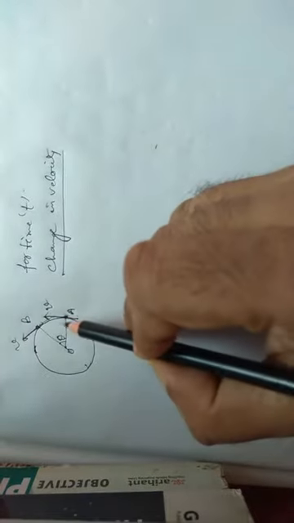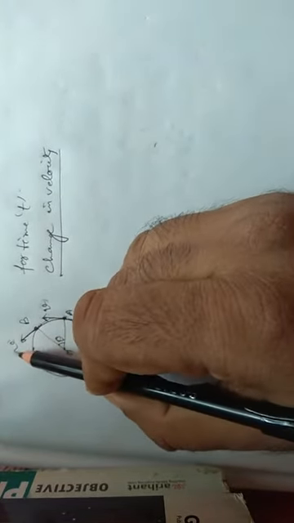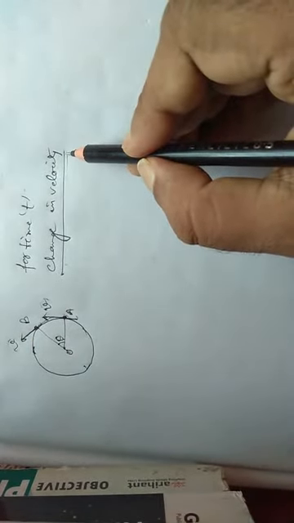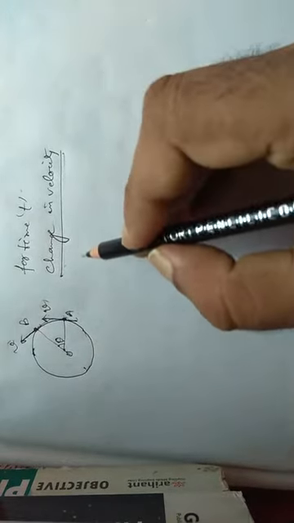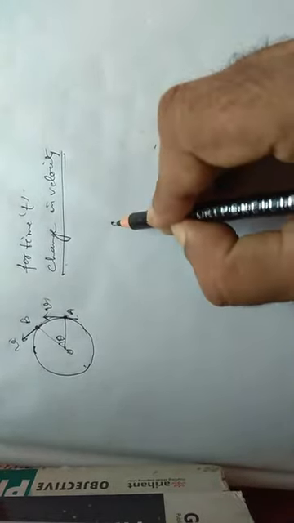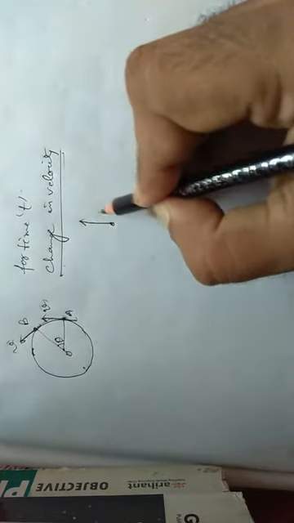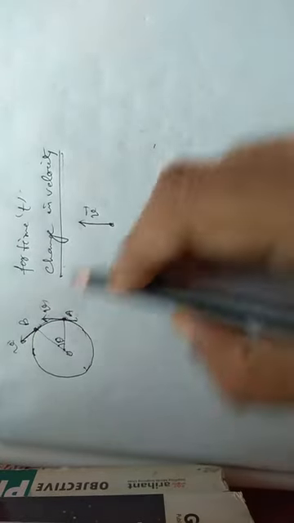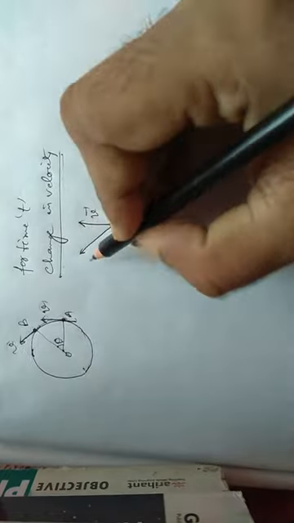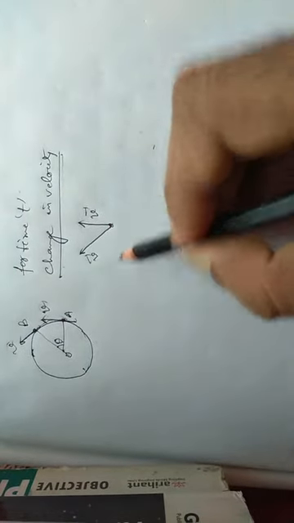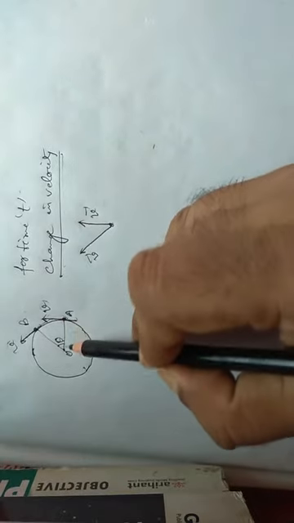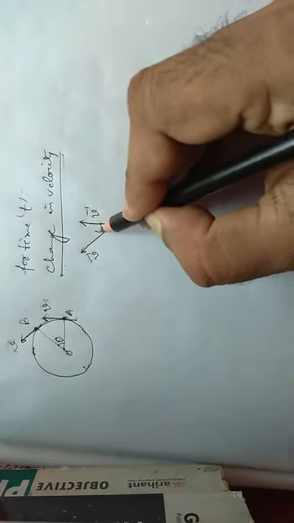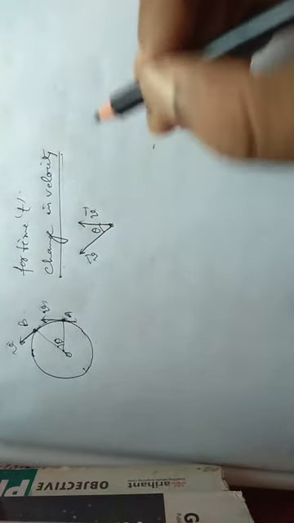Here the magnitude of velocity has not changed. It was v here, at point B it is also v. But there will be a change in velocity because of the change of direction. So using the parallelogram method, suppose this is point A, we draw a vector v here, bring the end of the second vector to the same point here. This is another vector v. If the angle subtended by point A and B at the center is theta, therefore the angle between the two vectors is also theta.